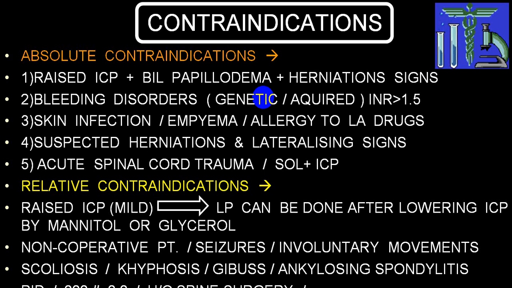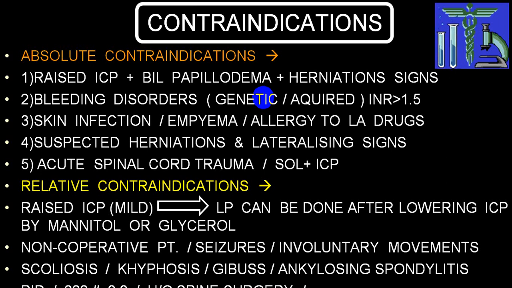Or if he is sensitive to local analgesics, particularly xylocaine, then also, because if you cannot give xylocaine, lumbar puncture will be very difficult to perform. And any person who has raised intracranial pressure with suspected herniation and a lateralizing sign, we already mentioned that, and